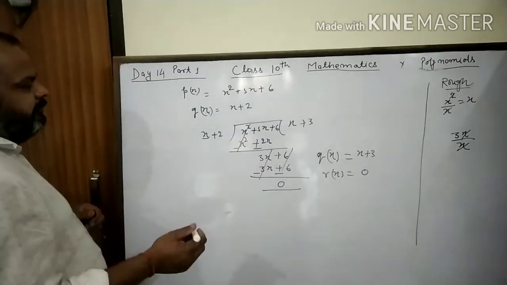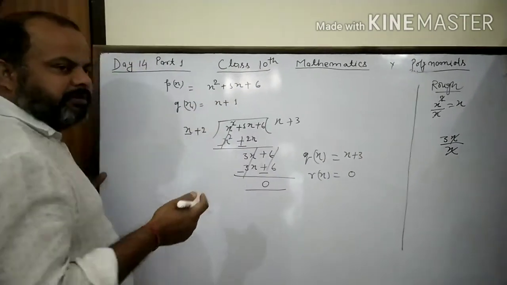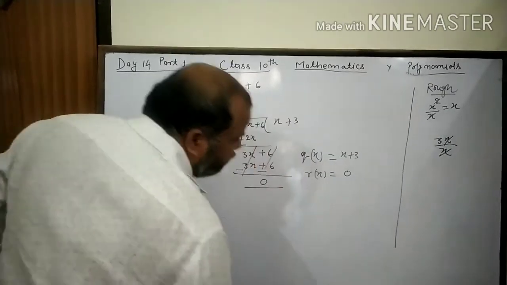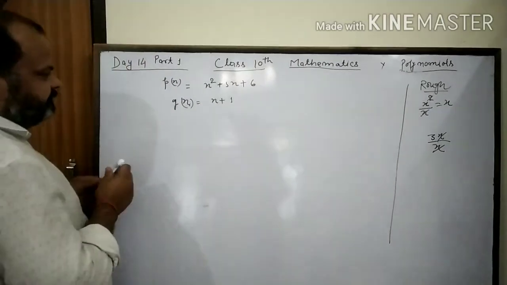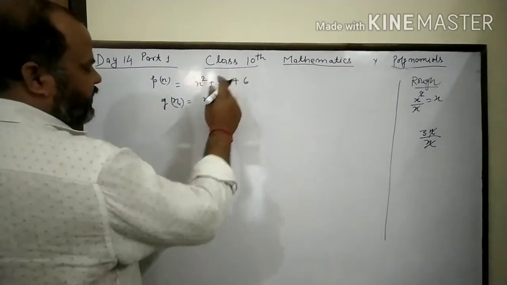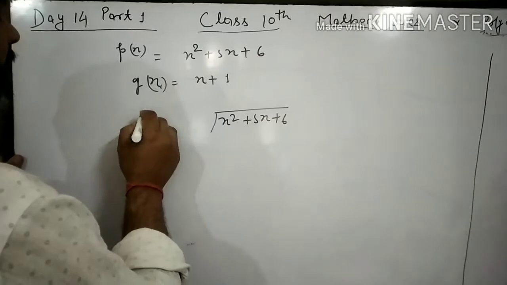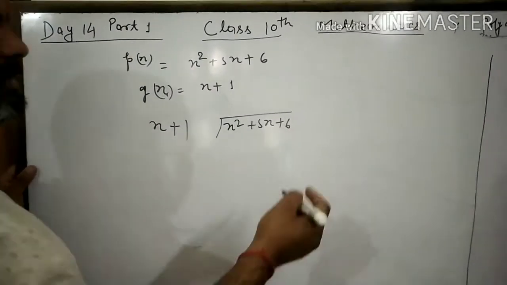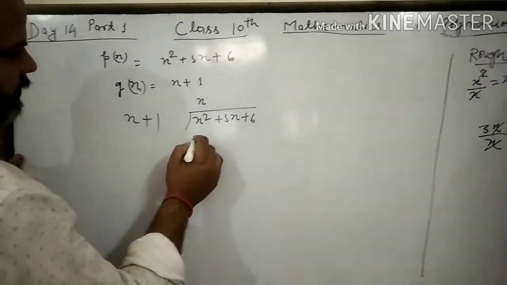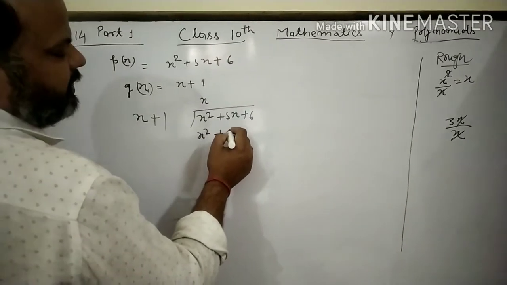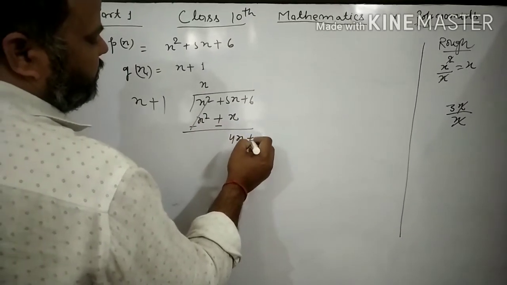In the same question, if g(x) is changed, suppose here g(x) is x plus 1, clear? Then what is the impact on the question? Then see, if p(x) is divided, then here x square plus 5x plus 6 is divided by x plus 1. Then the same way here x square, it is x, you can write here q(x) also. Then x plus 1 into x, x square plus x, minus, both are cancelled, it is 4x plus 6.